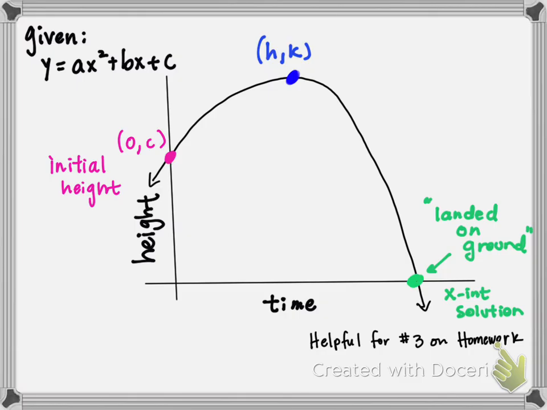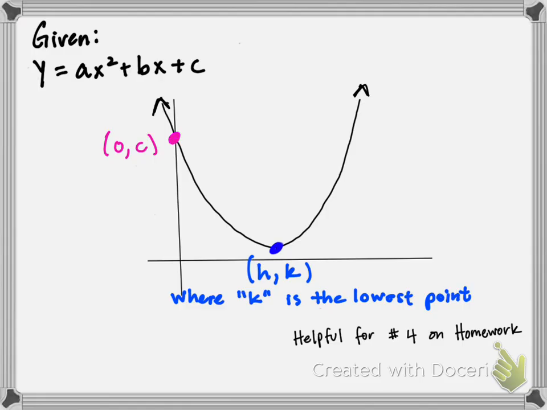In terms of the vertex, they don't give you the vertex because they do give you the equation in standard form. So you could calculate the H value by doing negative b over 2a, and then you could see what h is and then find k. And then it's going to ask you on the homework, how many seconds after you launch it does the rock hit the ground? So the green point is where it landed on the ground, and you're being asked the time. So this is a helpful diagram to help you with number 3